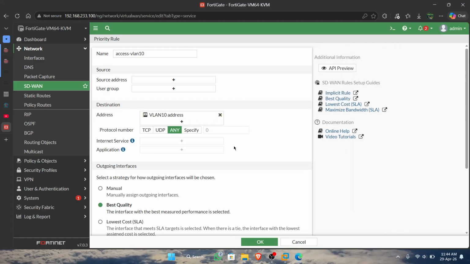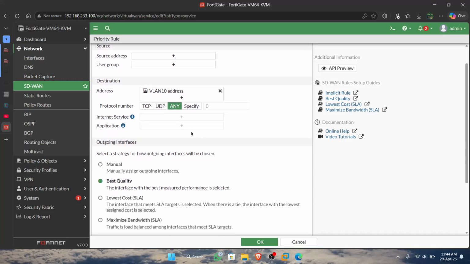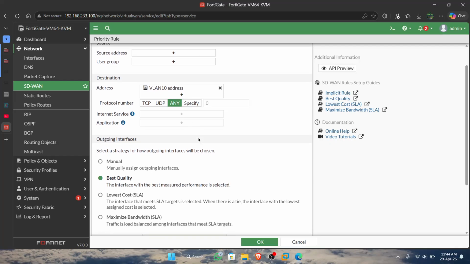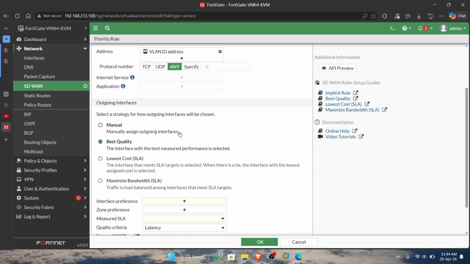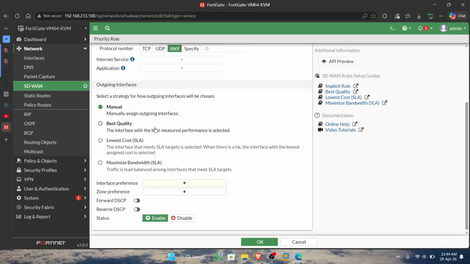In the internet service, we do not add anything. In the outgoing interface, we have four options. In this configuration we choose manual, because we configure it manually.